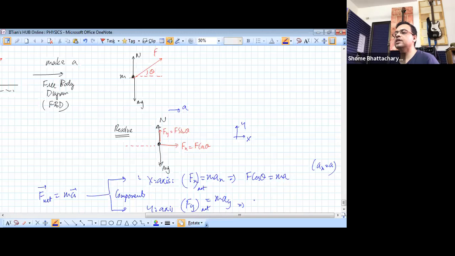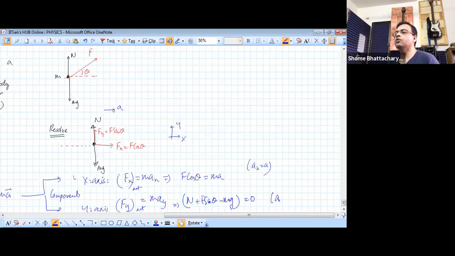But along the y-axis, what is happening? The forces acting are normal reaction and F sin theta along the positive y direction, and minus mg because it's acting along the negative y direction. And this should be equal to how much? This should be equal to 0 because my y component of acceleration is 0. So this will give me equation 1, this will give me equation 2, and solving equations 1 and 2